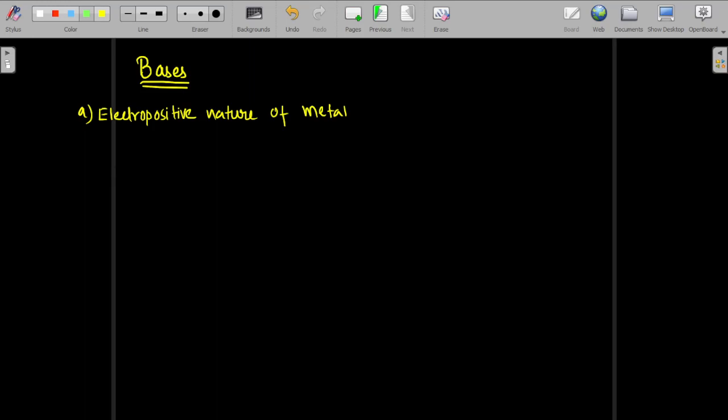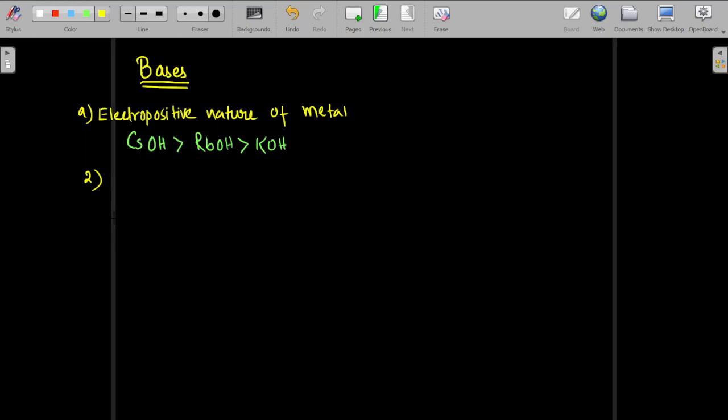So we can easily say that cesium hydroxide is a better base than rubidium hydroxide, which is a better base than KOH, and so on. The more the electropositive nature of the metal, the better the base. Okay. Next is